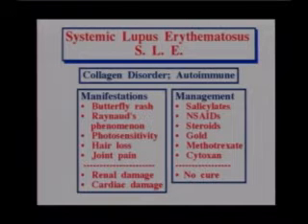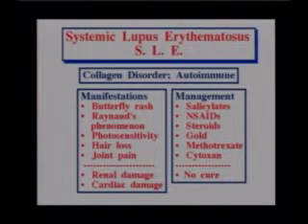Sensitivity to light. So you'll find patients with lupus wearing long sleeves and sunglasses whenever they're outside because they're extremely sensitive to sunshine. They lose hair more quickly than most people. And they have the whole arthritis piece with the joint pains. Now, as it continues over the years, it can also damage the kidneys and the heart. This is not something that happens immediately. This is 20, 30 years down the road usually.